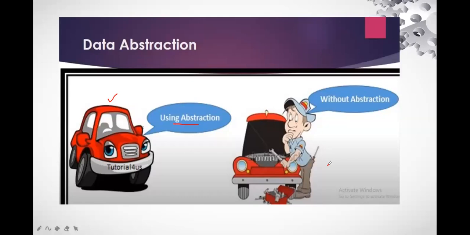I think we have enough examples, and you must be able to understand this feature, that is data abstraction. Now, I told you the basic advantage: we need to reduce the complexity. This is the point with the help of which we have reduced the complexity of the program. So we are hiding the unnecessary, unessential parts which are not necessary to be shown. Only the feature is being shown, right?